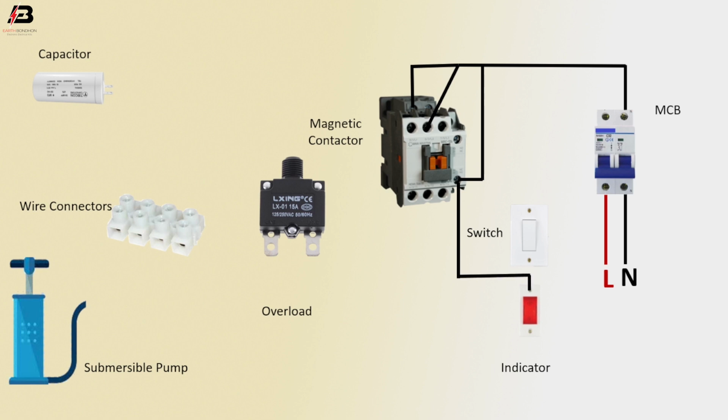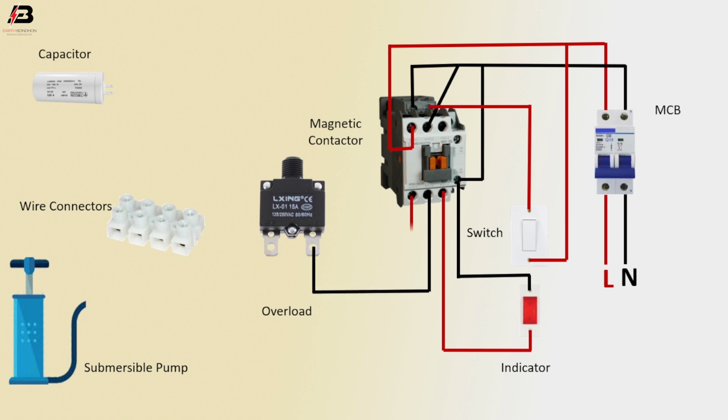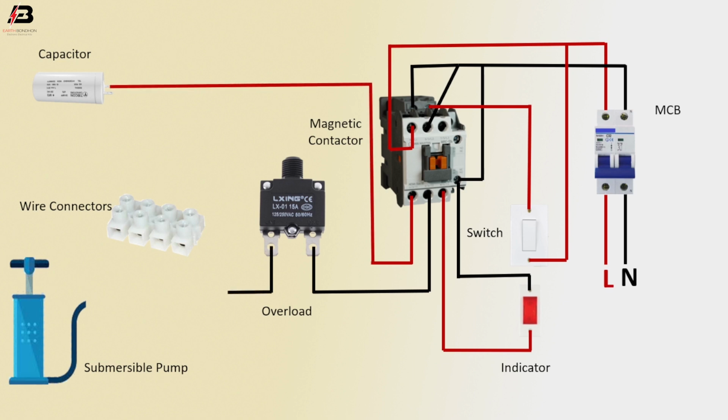indicator. Phase connection from MCB circuit breaker to connect magnetic contactor and again connect switch. Phase connection output from switch to connect magnetic contactor. Phase connection from magnetic contactor to indicator. Neutral connection from magnetic contactor to overload. Phase connection from magnetic contactor to connect capacitor. Negative connection from overload to connect wire connector and